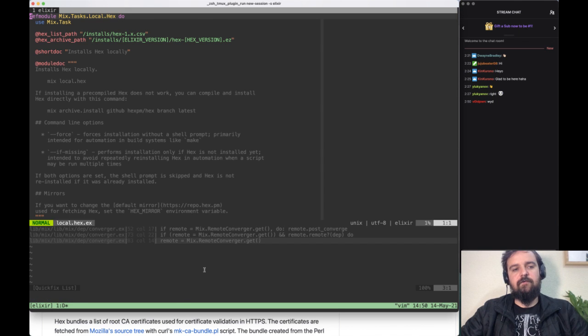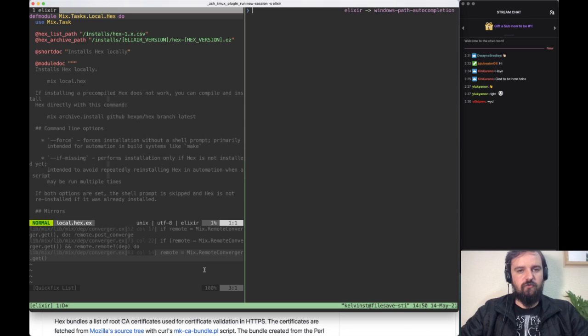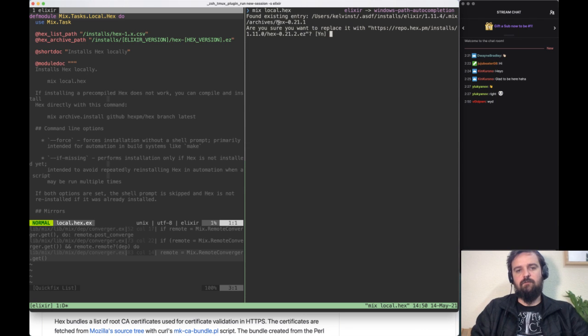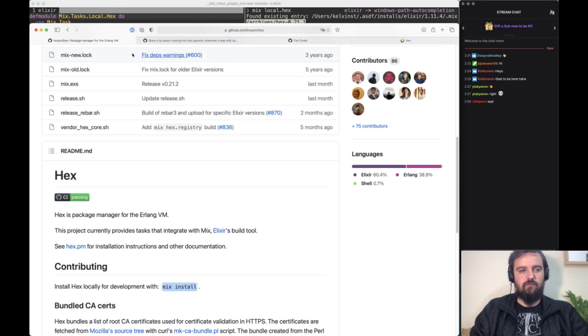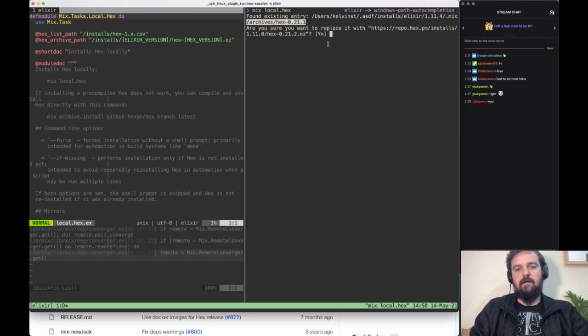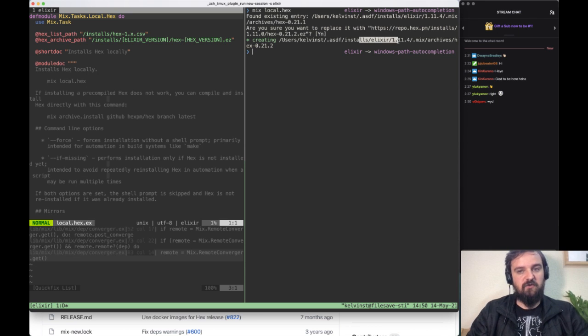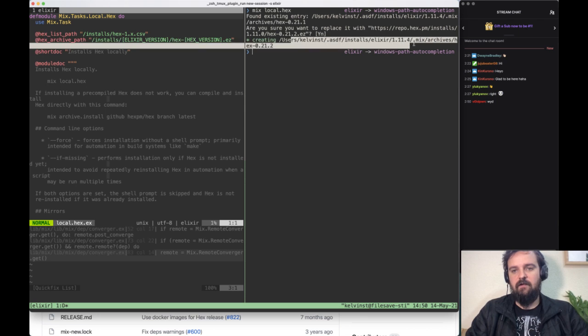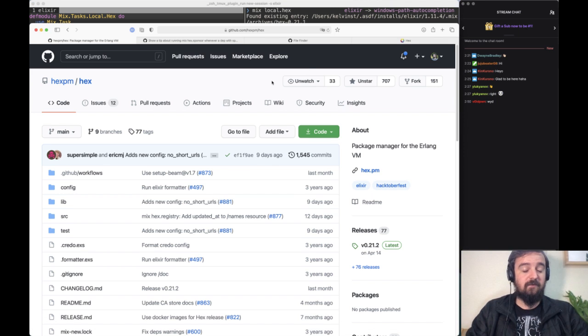So this local hex task, whenever you install Elixir, they ask you to call it like this, local.hex. And what this is doing is basically downloading the hex project and registering it to run somehow. I don't know, because it's going to get automatically